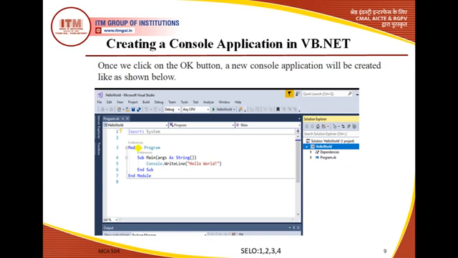This particular module is basically used to define, or contain, all the variables or methods. Whatever variables or methods we are using over here are contained by this module program.